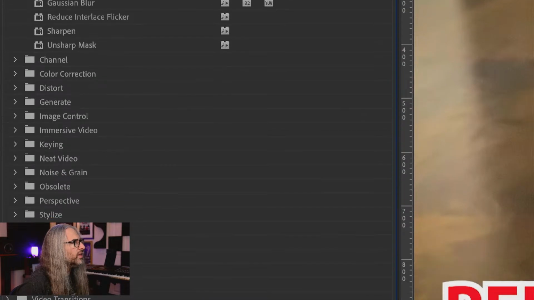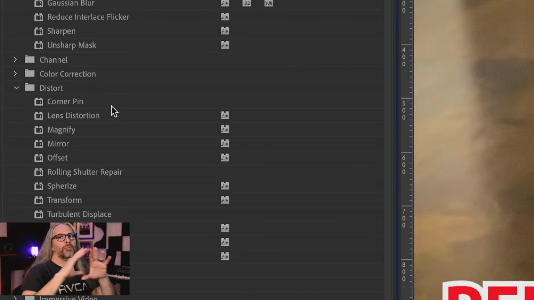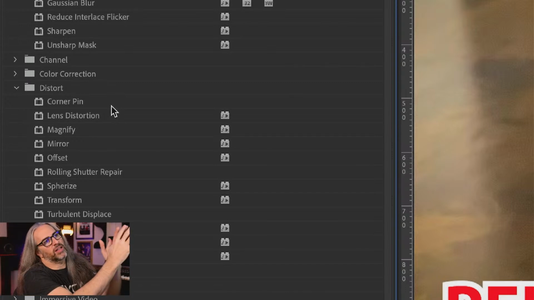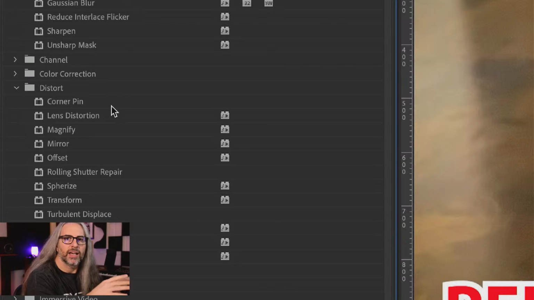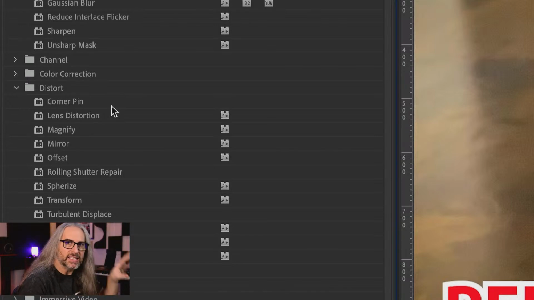And then as we continue to go through these, there are some that are a bit more interesting. Now again, some of your distortion effects, where you're already manipulating pixels and making things potentially different, these are not color effects per se, but they're not 32-bit. So that's fine. Corner pin, this is kind of a classic that people still use. Let's say you have a static television in a shot, and you want to put something on that screen. You can use corner pin to take another video and place that onto the